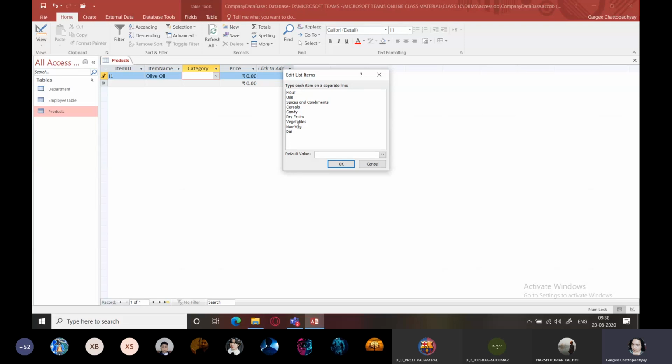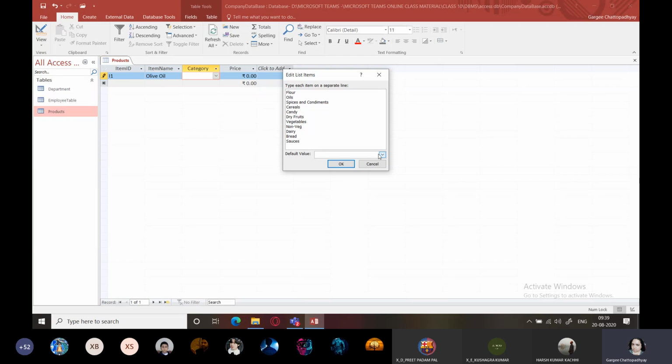Some are also dairy products. Bread. Yes, breads also, various types of breads are also there. Yes, so we have added a few more, and sauces. Yes, very good. So we'll keep it this much only, right?